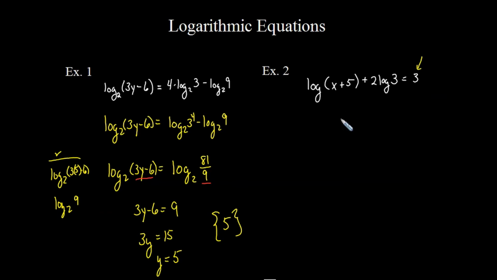So the first step, just like in example 1, we want to condense our logarithms using our properties. Plus, we're going to move that 2 up here as an exponent, and that will become log of 9. This is the common log, and there's no base written, so it's base 10, common log. And now we will combine the addition of two logarithm terms through multiplication of their values. So log of 9x plus 45